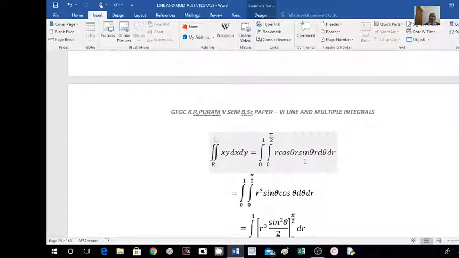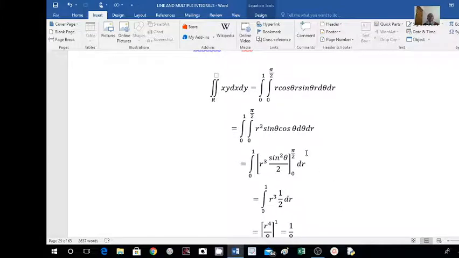So integrating with respect to theta here, this is r, 1 r, totally r cube is there. I am integrating with respect to theta, sin theta cos theta. What is the integration of sin theta cos theta? r cube is constant as it is. If I take sin theta equal to t, then cos theta d theta is nothing but dt. That is t dt, integration is t square by 2. So in this case, it is sin square theta by 2. So the integration of sin theta cos theta is sin square theta by 2, between 0 and pi by 2, into dr.